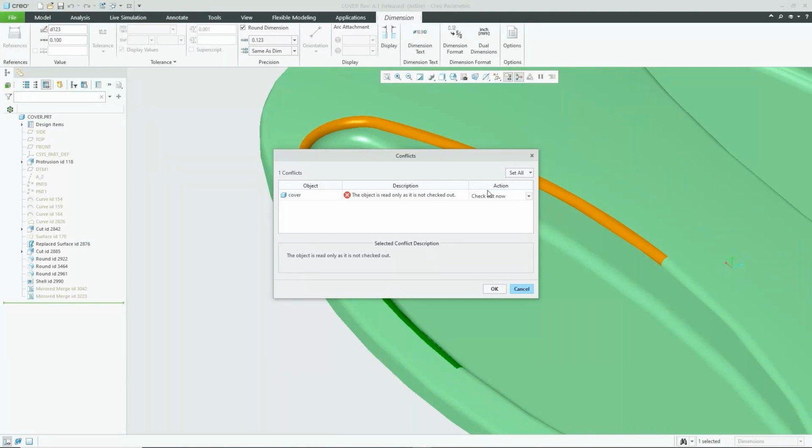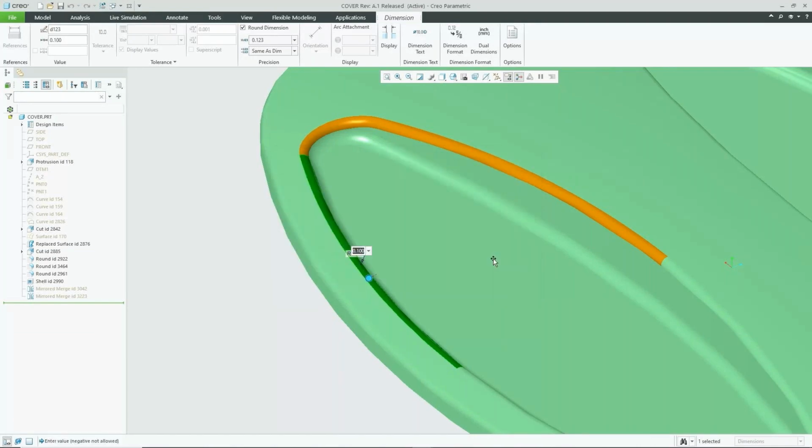So I'm going to go ahead with this. Okay, it's saying I don't have this checked out, which means I don't have permission on it. I'm sorry, I don't have control of it. So I can now go in and say check out now, so that I now have control of this file. We can get into all the details of that a little bit later. All right, and now I have this, and I'm just going to change this to 0.11,